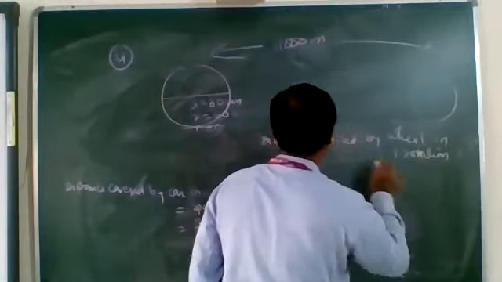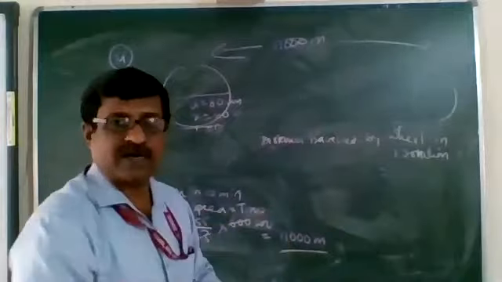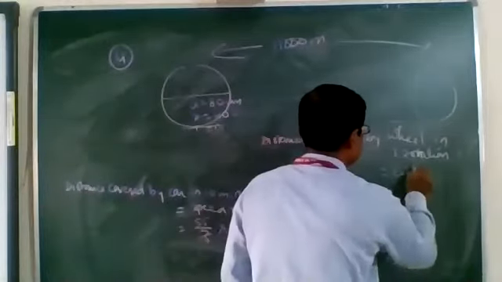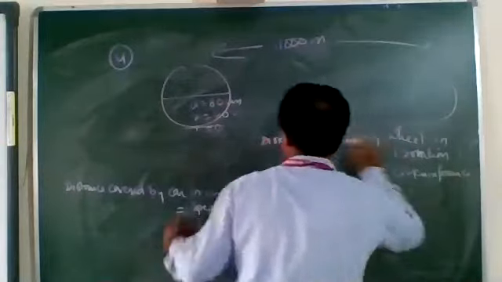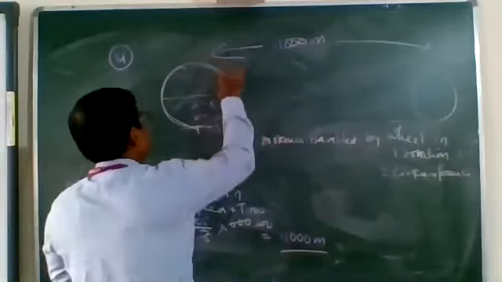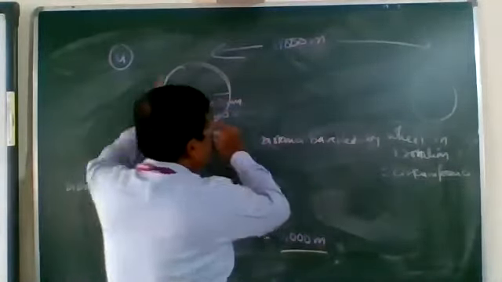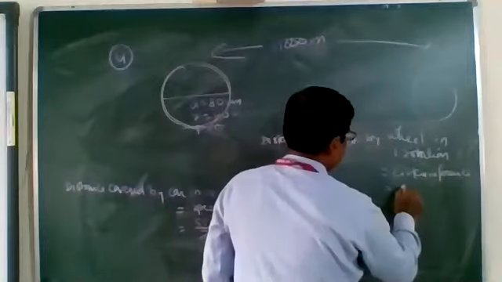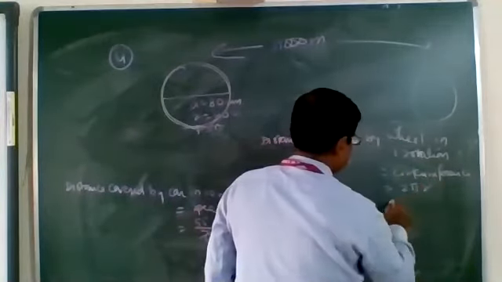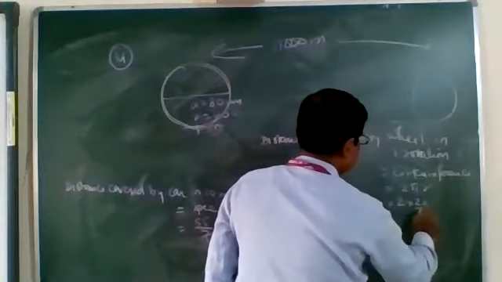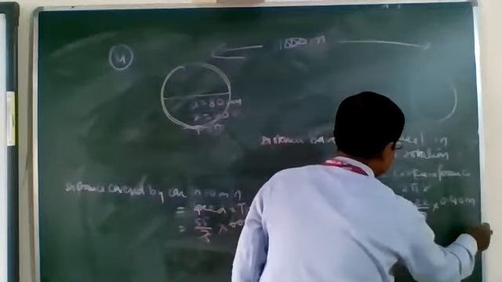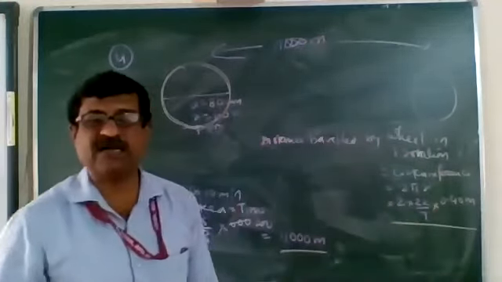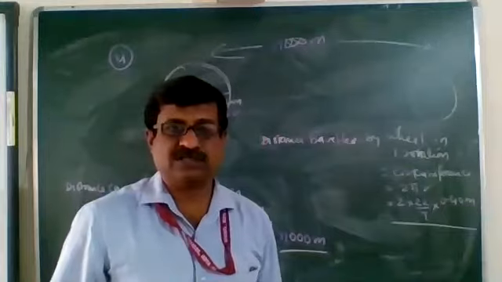That is equal to, since it is moving along its own path, the circumference. Its boundary is moving around its path. The same part is moving around. Therefore the circumference is taken. The formula is 2 pi r. 2 into 22 by 7 into the radius, which we have calculated as 0.40 meter. This is the distance traveled by the car in one rotation.